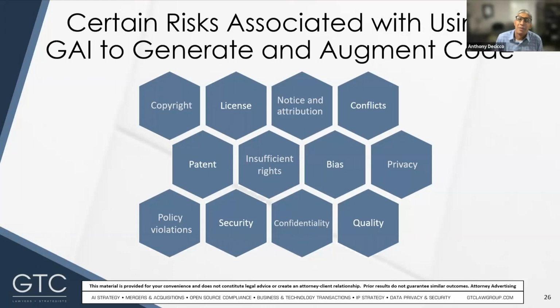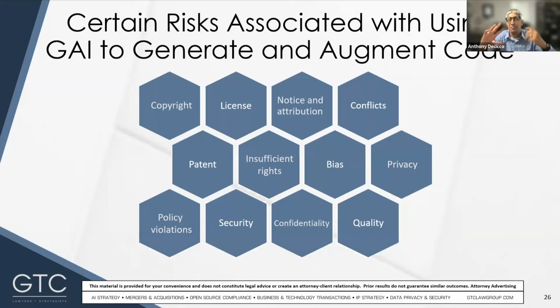Another interesting risk is around patents, and people aren't really focused on this, but it's possible that the generated code could infringe a third-party patent. Perhaps the code even comes from a patent filing that was in the training data set. We believe that all published patent applications, at least in English, and patent filings, including patents, were in the training data set. This seems like a pretty remote risk to me.